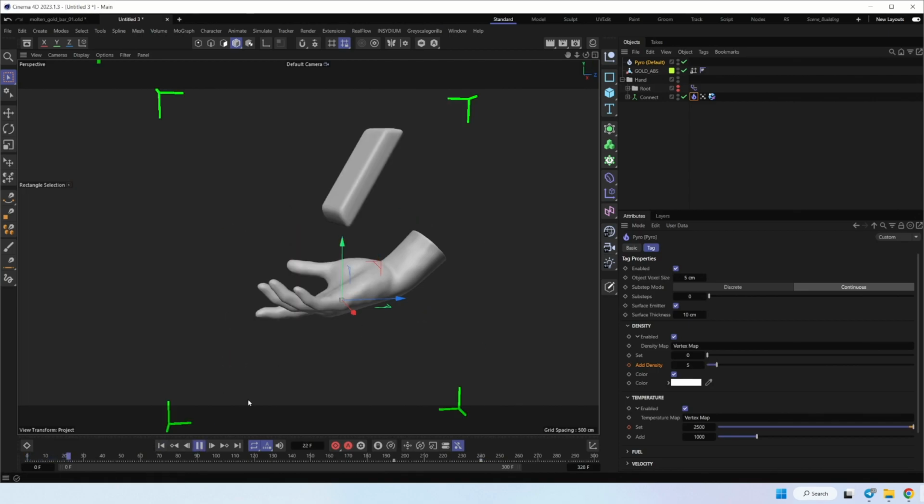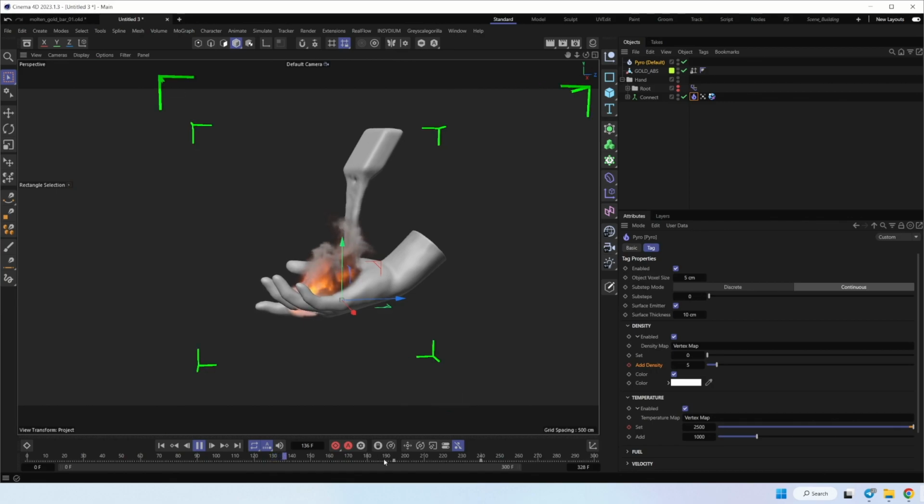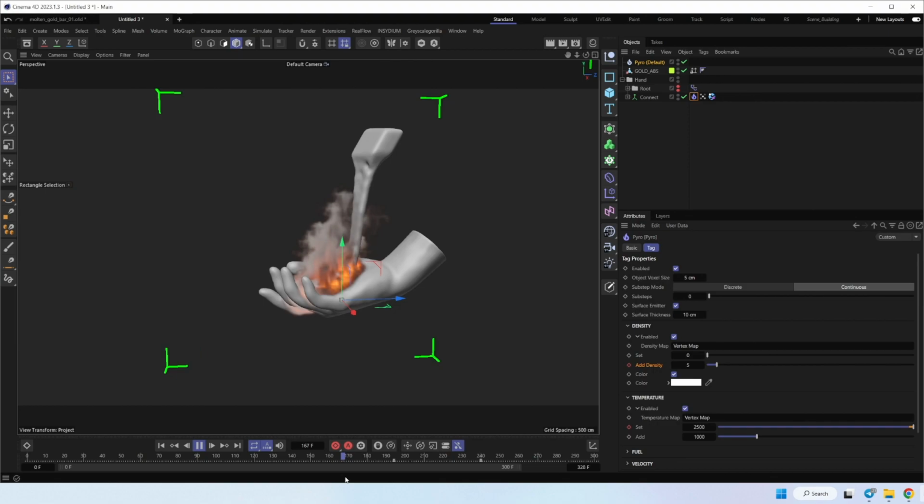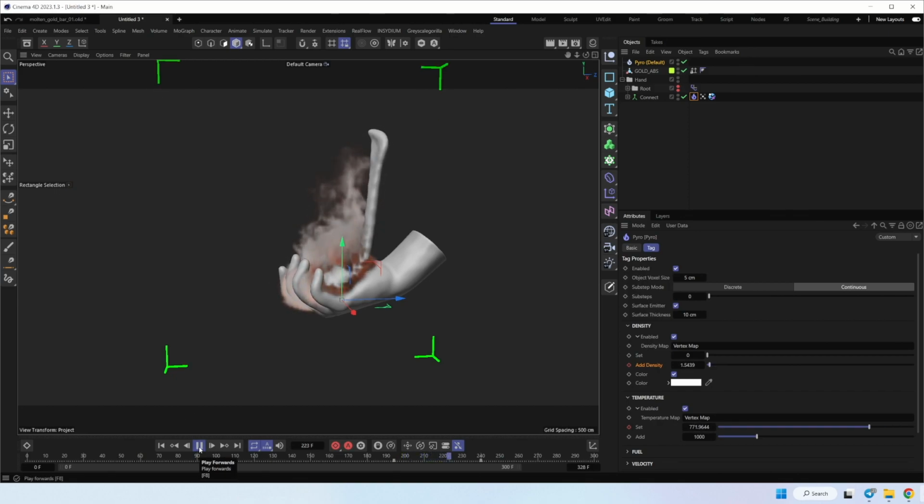Let's check. So we start to burn a lot with some smoke, and at this area it should be less, and turn it off.